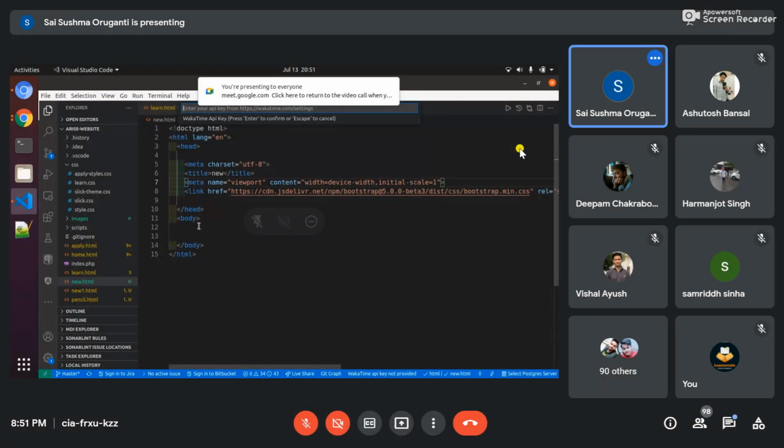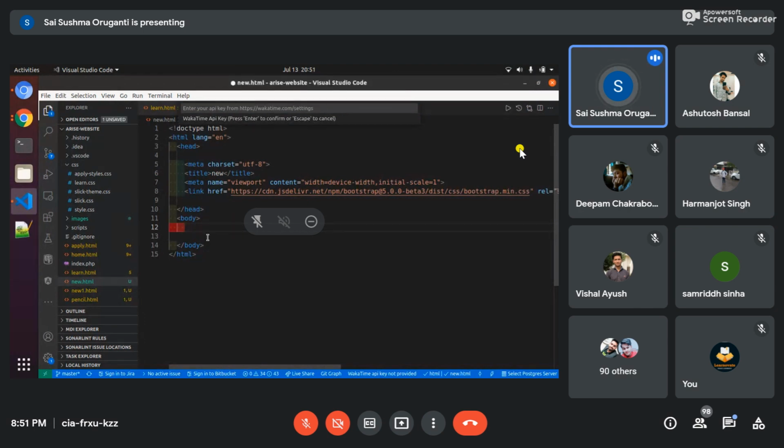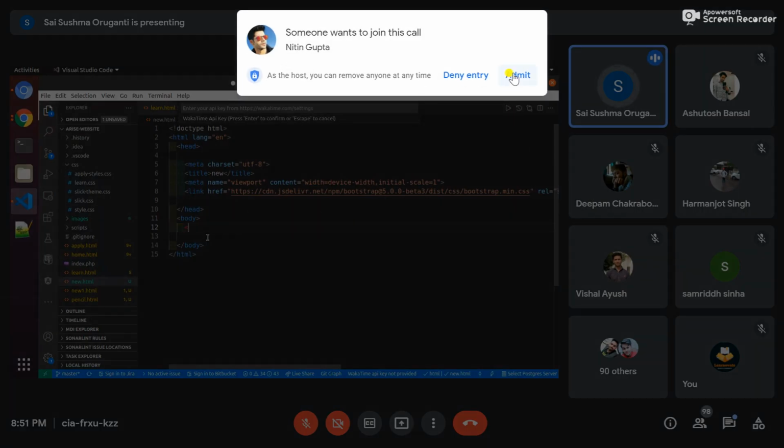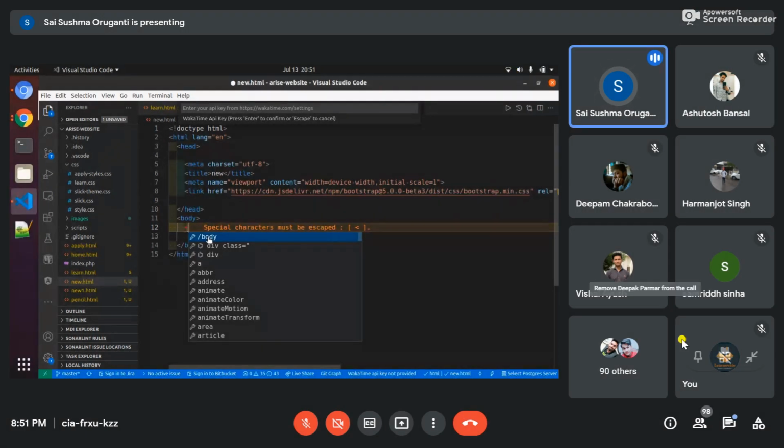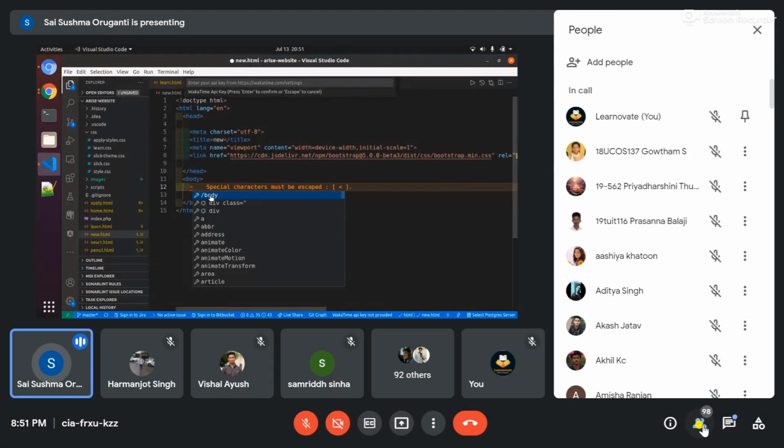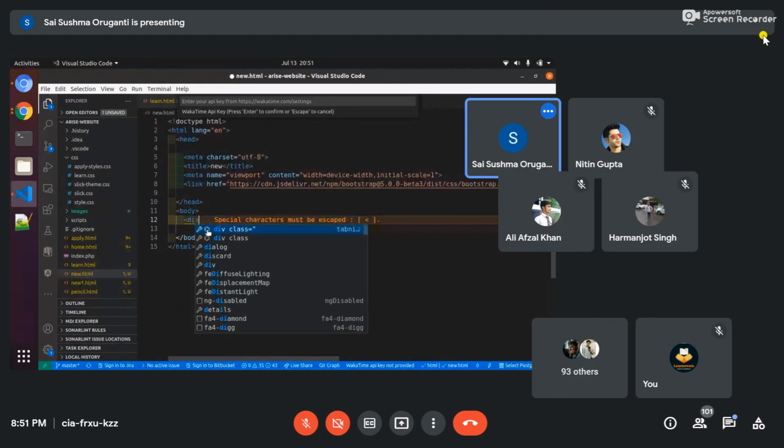And yes, here is the thing. So inside the body part, I'm now writing. I will show you how a grid works. Okay. First, initially, for grid working, we have to write row and column both, as I have said you earlier, right? So I'm writing first div.